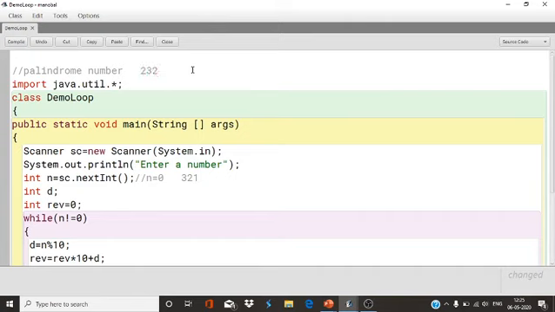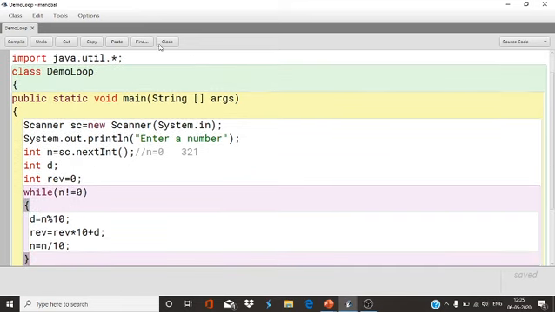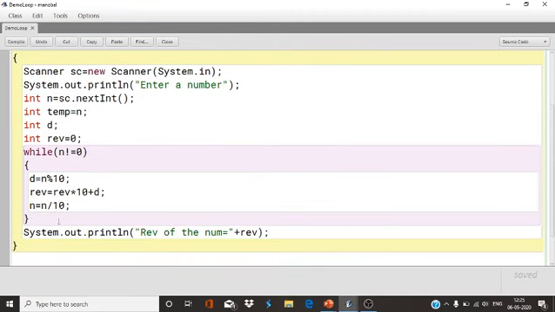232. If you reverse this, again you will get 232. The logic of reversing the number we already discussed. So simply what we have to do is store the actual value of n in a temporary variable, because once the value of n becomes 0, from which number will you compare? So I will take an int temporary variable. In temp I will put the fresh value of n. Now whatever the value of reverse is, that can be compared with the temp value, and if temp and reverse are the same, then it is a palindrome number.